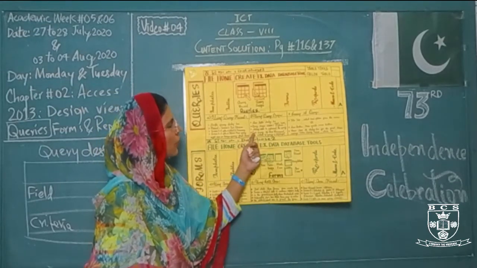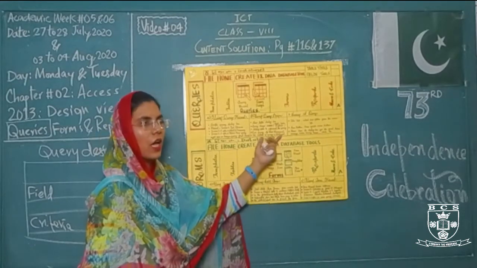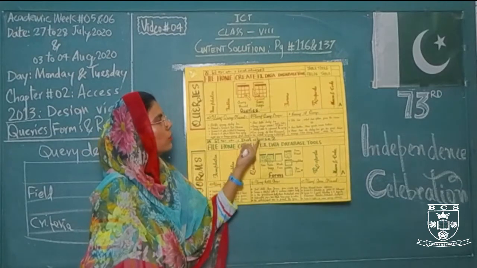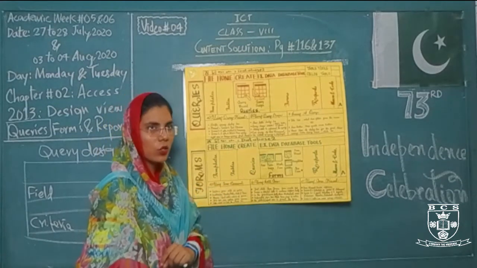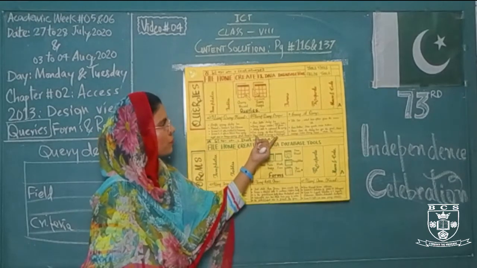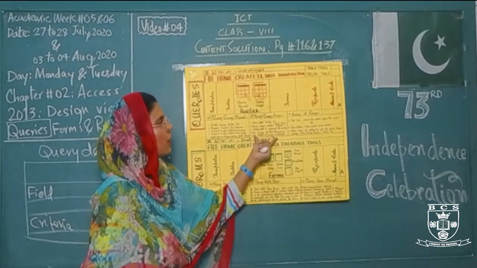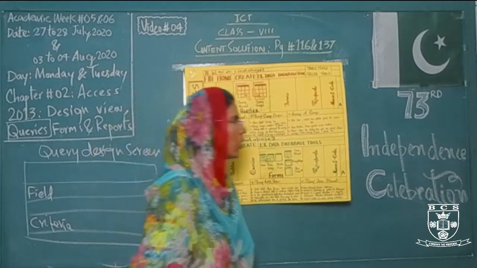We have to just click the run command for running the query, and as we use the run command, the output of the query is displayed on the screen. So this is your wizard way, and this is your design way. How do you use the query design and how do you run the particular query?